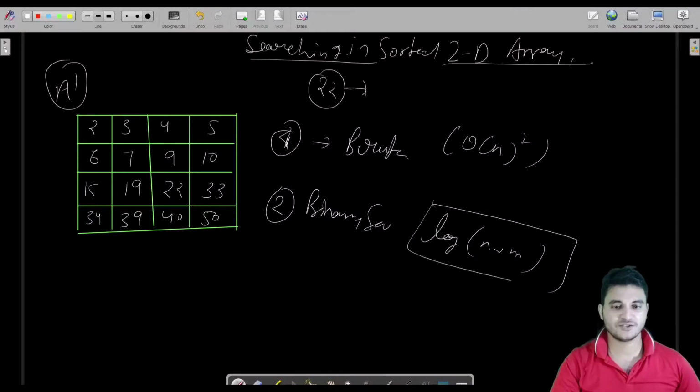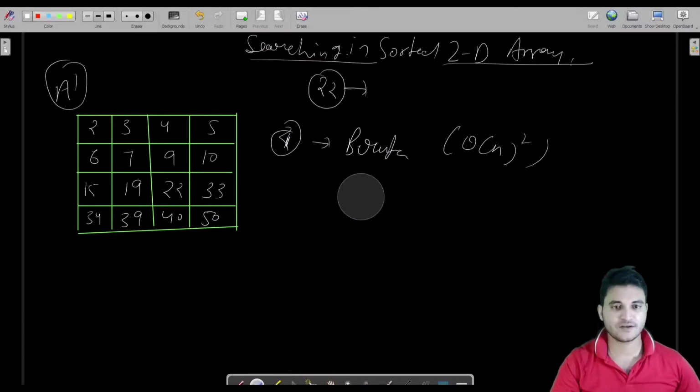I think it should be n into m, and we'll see what the exact complexity is. The brute force solution is to iterate over each and every row and each and every column and check whether the element is equal to that element. Then of course that is the location for that element. If not found, then print -1.